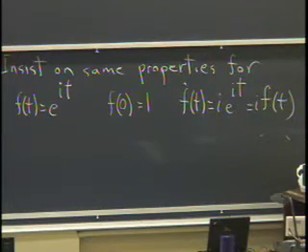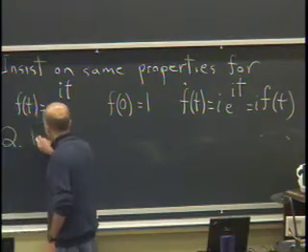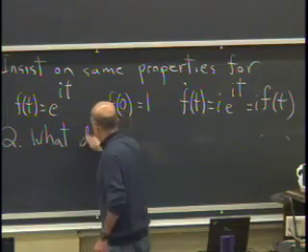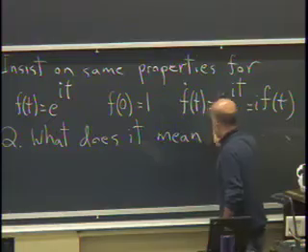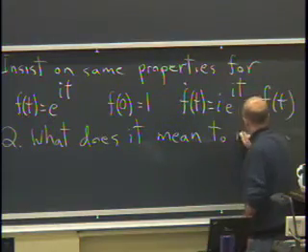Multiply it by I, and draw both numbers on the complex plane, and see what you get. So I'm going to put that as a question. What does it mean to